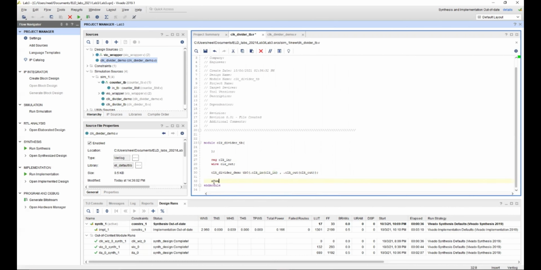For that, I'll be making use of an always block. Oh, I have forgotten to initialize the value. This is important.